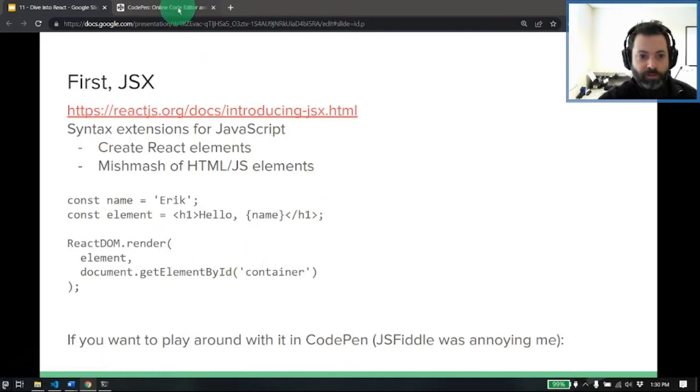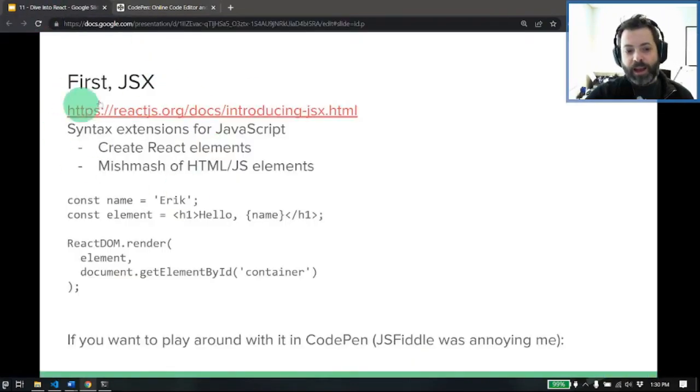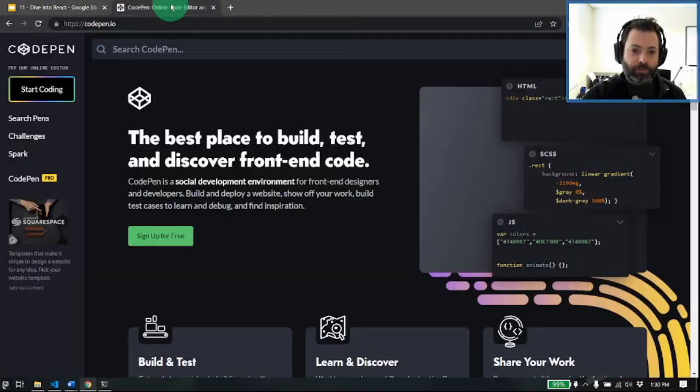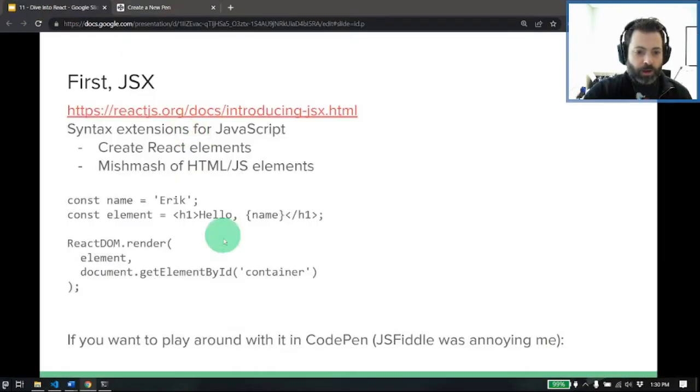Other reason why we're using this instead of a local build environment, if you recall, in my last video, I would make a little joke or a quip about how long it takes React to build. I didn't want to do a simple little demo here and then wait 20 minutes and then do it again. So just these quick little bits are going to be up in CodePen, and honestly, these are things that you would just include in your React application, but we can get that up and running here. So